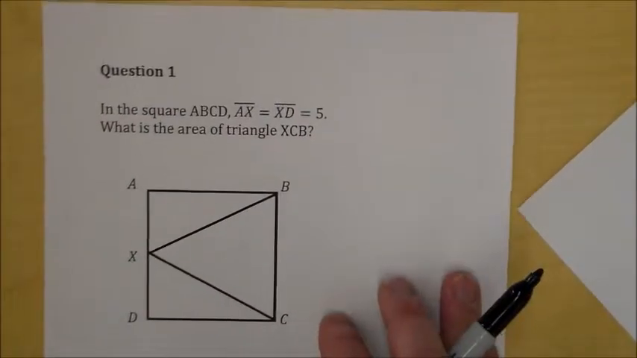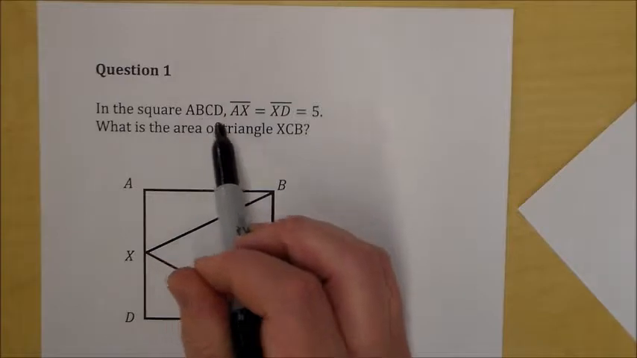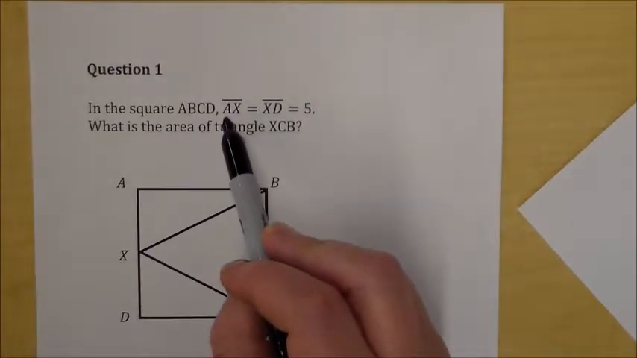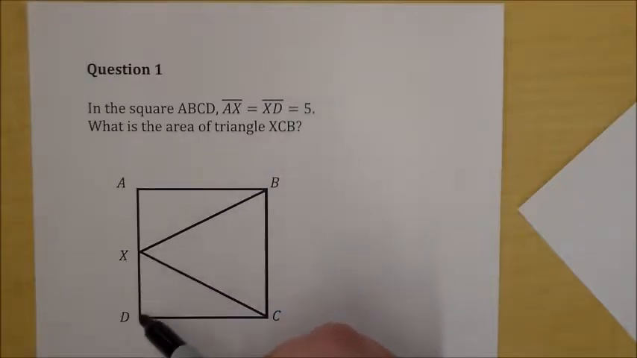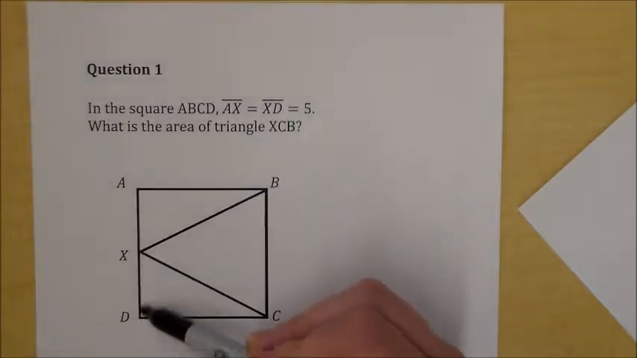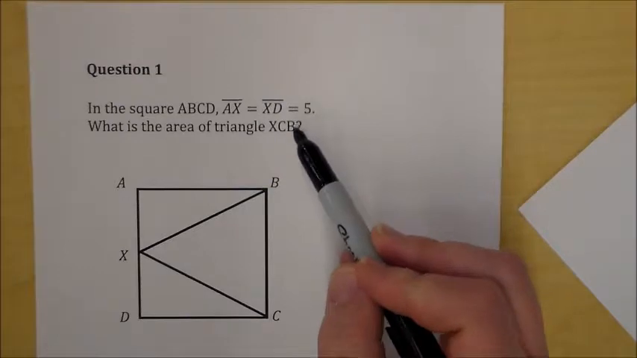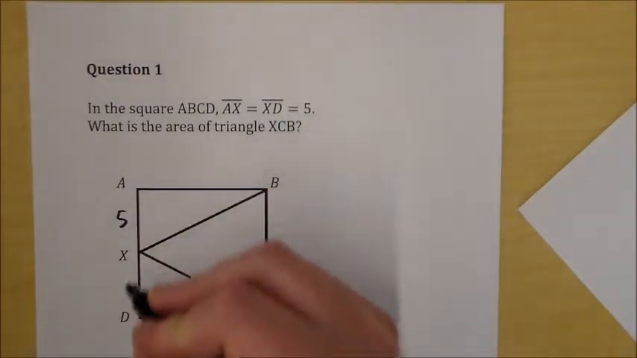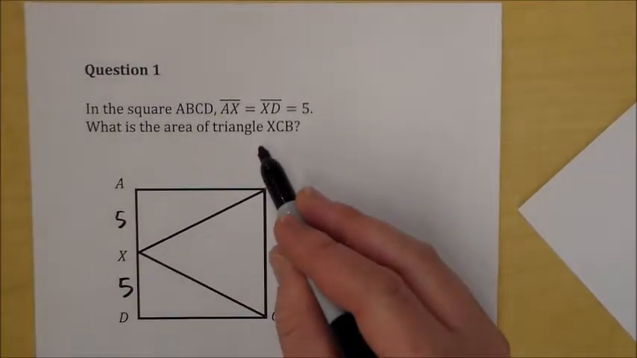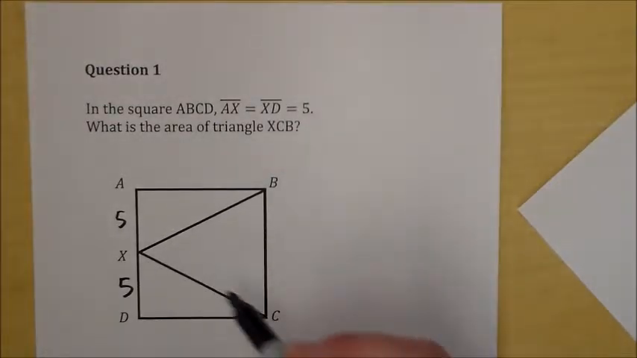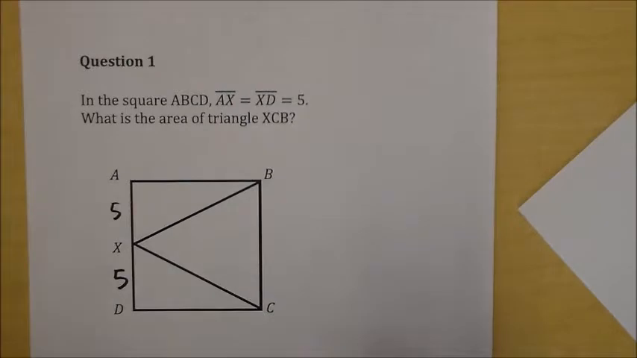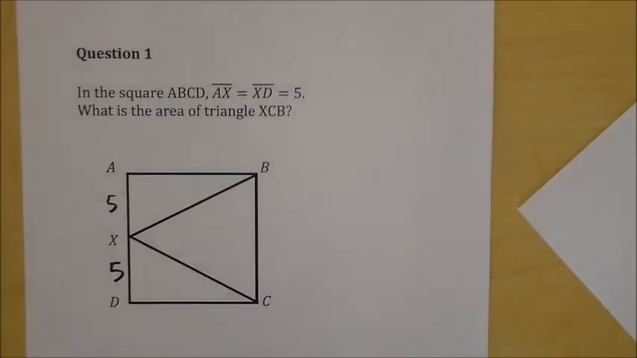Okay, question number one. In the square ABCD, length AX is equal to XD, so X is the midpoint of AD, and they equal 5. What is the area of triangle XCB? Okay, so take a step back, and before you jump into the Pythagorean theorem or get all stressed out about it,